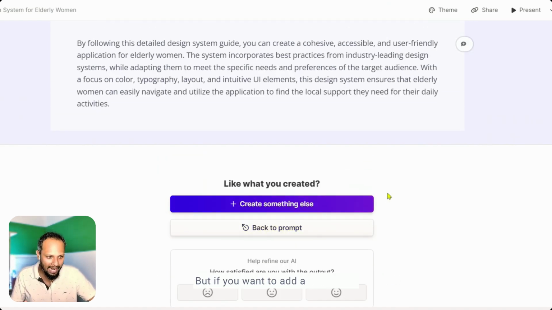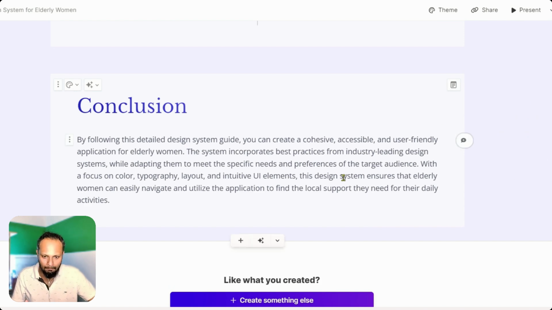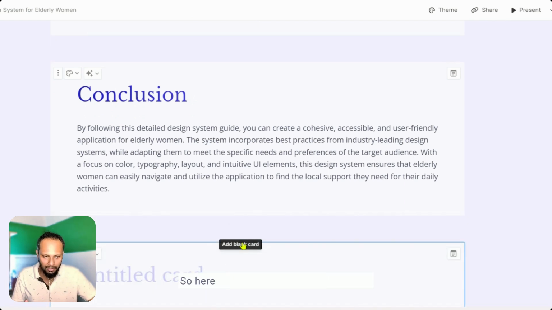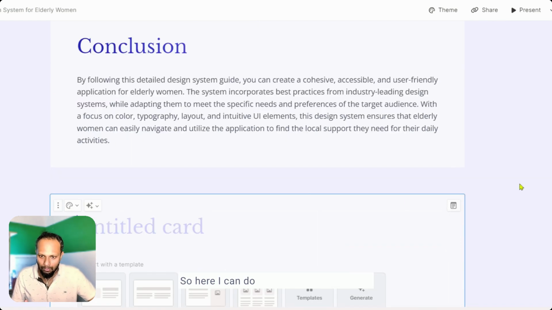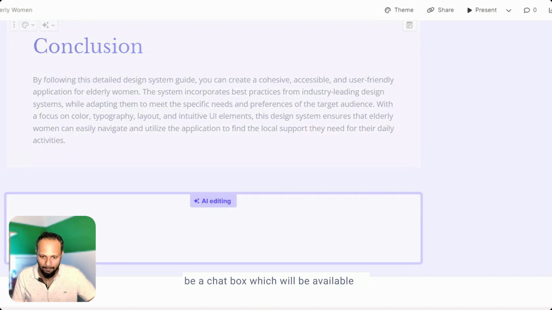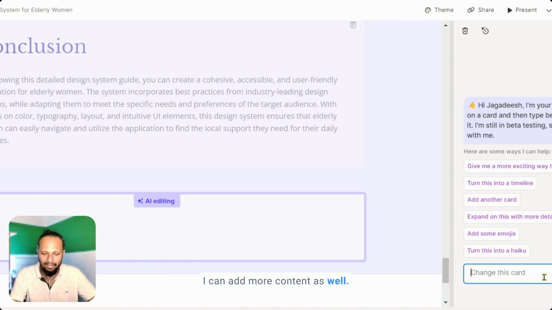But if you want to add a slide here, okay, I'll add a slide here. You can add a blank one. So here I can do something like, there'll be a chat box which will be available. So I can add more content as well. See, I'm generating content here. No PPT tool does it. Okay, look,